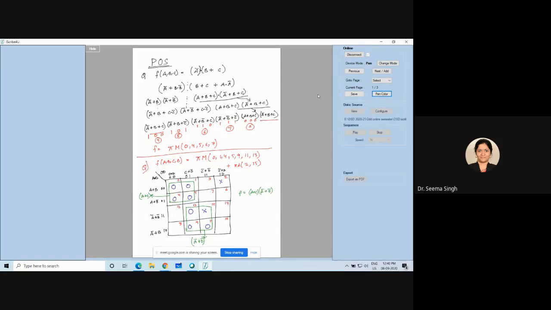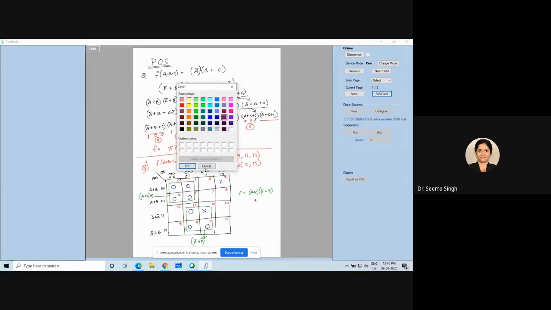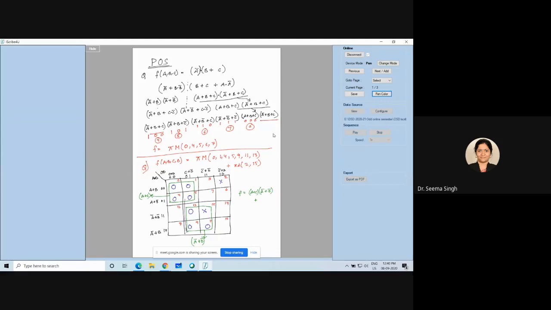Is there any possibility for a PI only? There is a possibility. You can take C plus D bar. Yes, you can use your C plus D bar. So this is my prime implicant, and this prime implicant is C plus D bar. If you want, you can make any other prime implicant also, because there is no limitation on prime implicants. You can have as many. But simply don't waste time. So this is your PI and these two are your EPI.